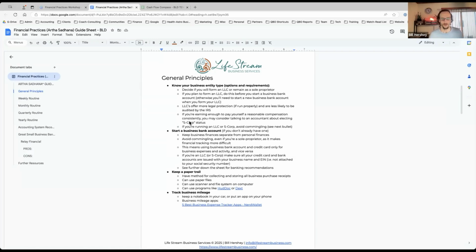Okay, so the third thing that's not super fun, but pretty important, is keeping a paper trail. So everything that you purchase for your business, every business expense, basically you're telling the government, hey, I bought this thing for my business and I'm not going to pay taxes to you on my income for the amount of these total expenses, right? So the government's going to want to know, if they ever come and check on your books, are those legitimate expenses that are supporting the profit of your business? Do they have a direct profit objective supporting your business strategy or your business's function? If not, it can be very questionable.